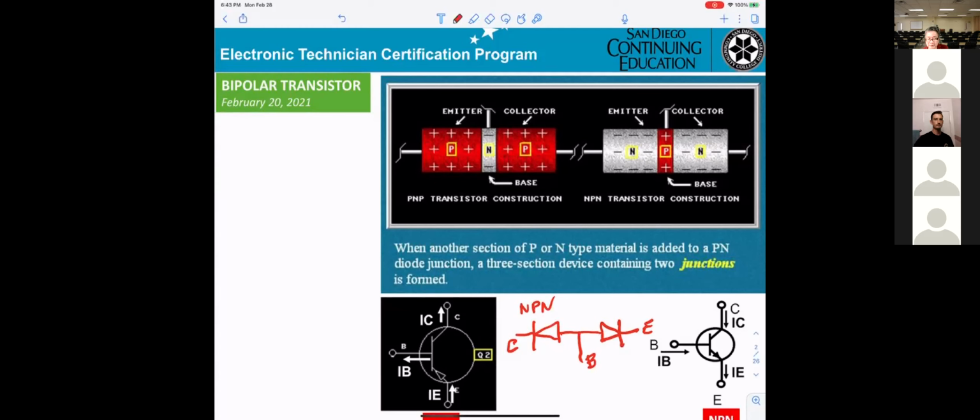Okay? Either NP and NP for NPN, and for PNP, the diodes will go this way. That will be PNP. So the only thing is, make sure you know that inside the transistor, you get just two diodes.